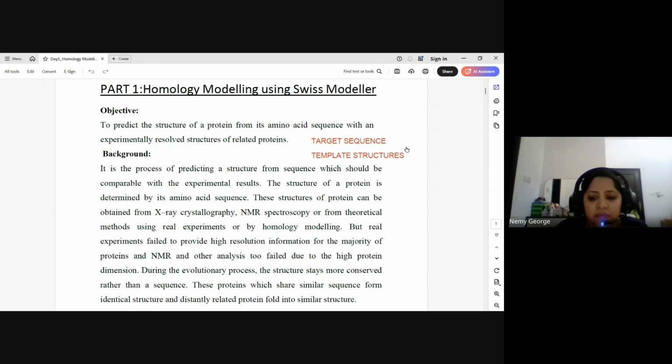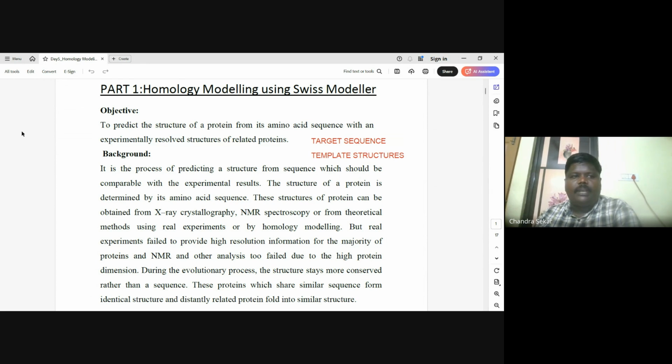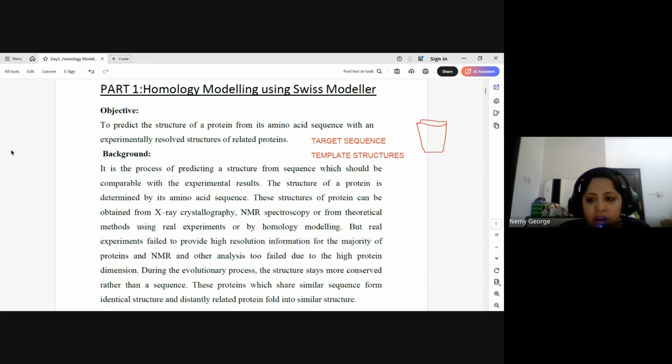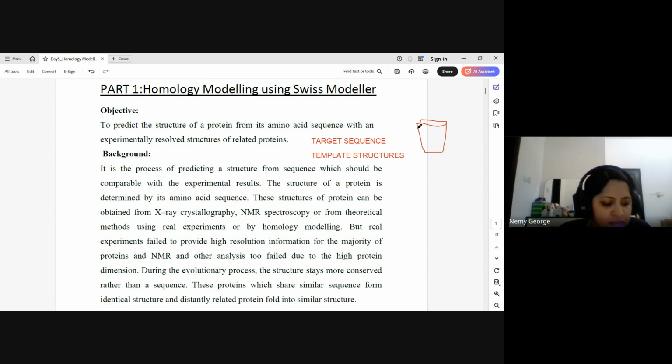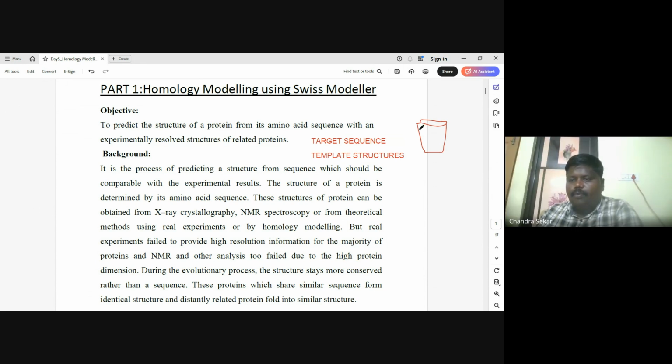For example, you might know idli, you might know cupcakes, correct? What is the purpose of cupcakes? Sweet. How do they make the shape? It is based upon the molds, the container. They will have a container, pour the dough, and keep it in the microwave oven, then they will acquire the shape.